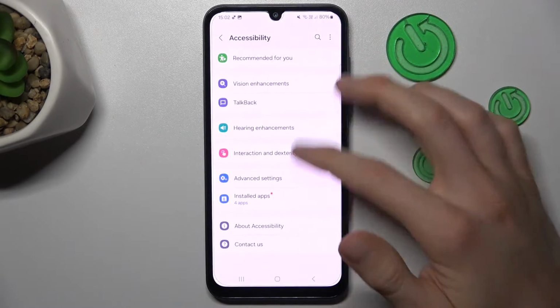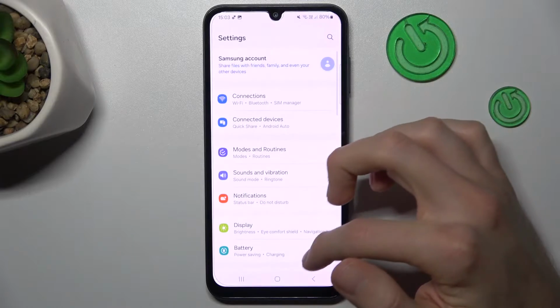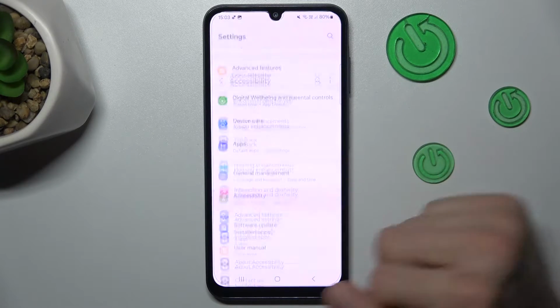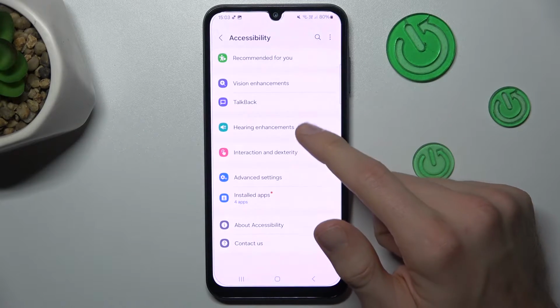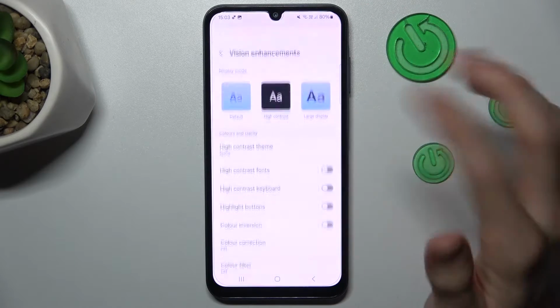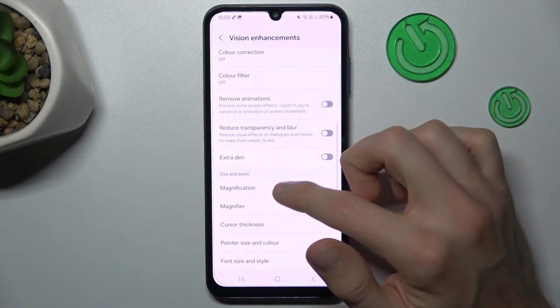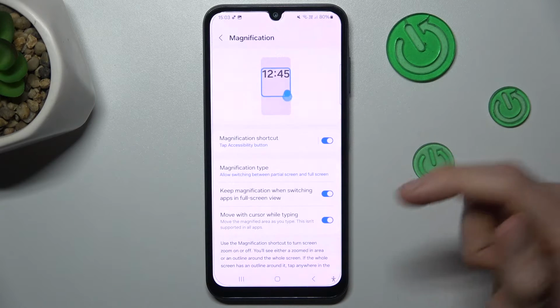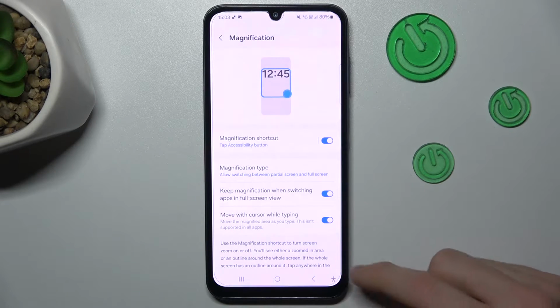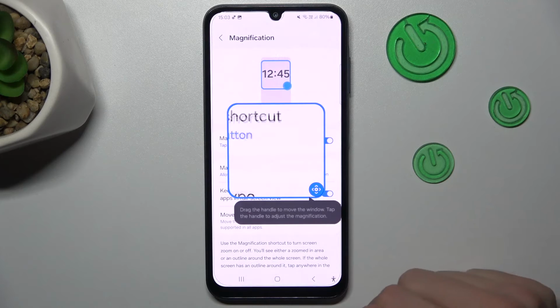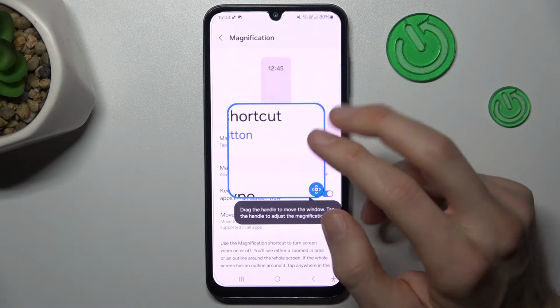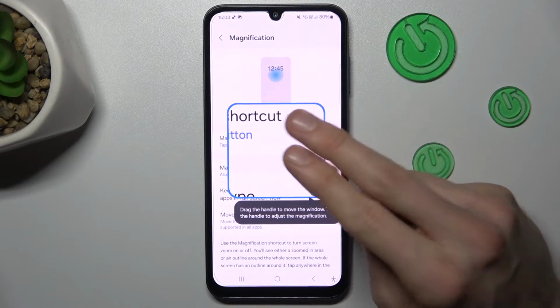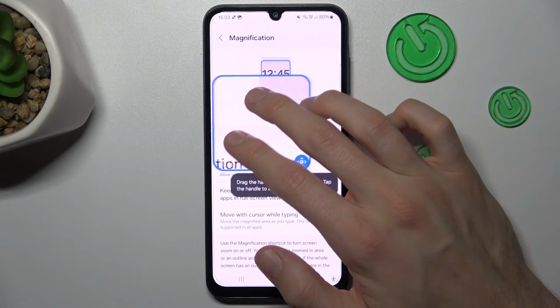In it we look for the accessibility option right there, and now we go to Vision, where we have our magnification right there. We must turn on this function and we now have this person icon on the right corner. We press on it and we have our magnification, whose position we can easily change by using two fingers, and